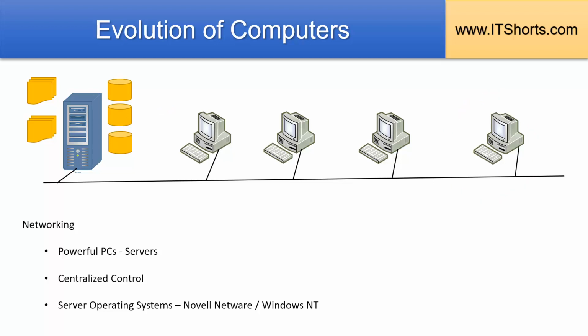Since these server computers are sharing their resources, the operating systems running in these computers had to be different from the operating systems running in the user computers. So they had to be more powerful, multi-user oriented, as well as highly secured. So these operating systems are called server operating systems. Unix, Novell NetWare, Windows NT back in the 90s, and now Windows Server OS are and were good examples of server